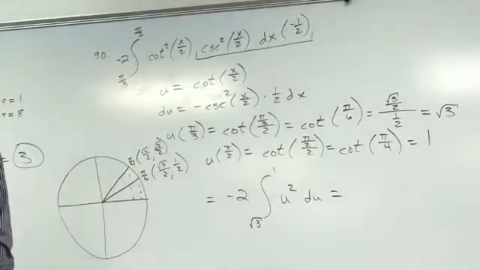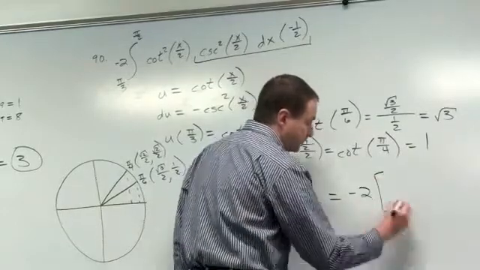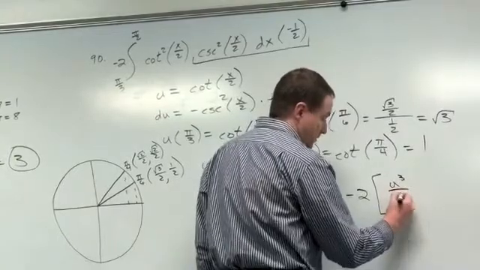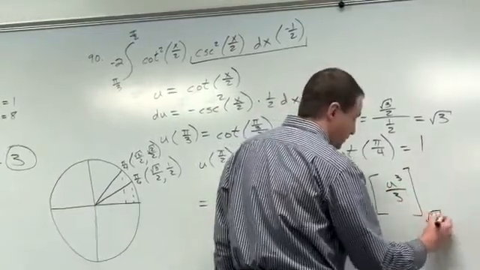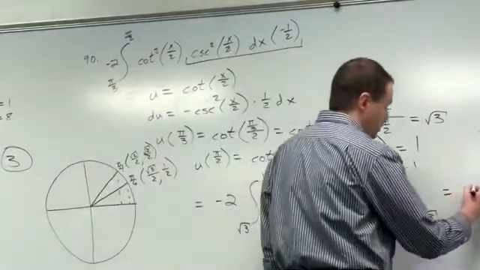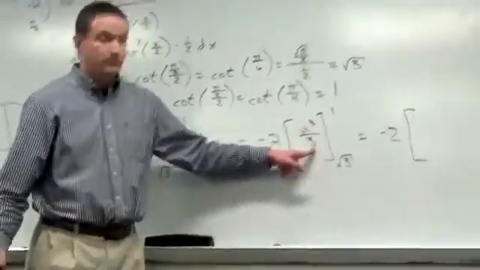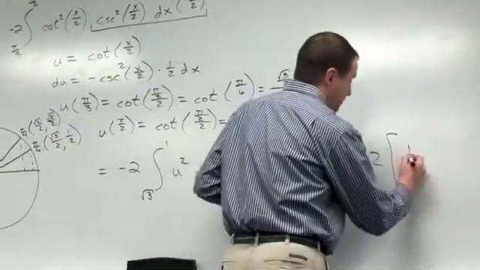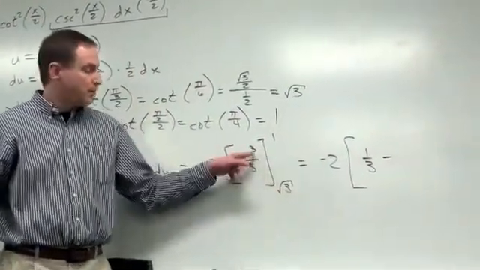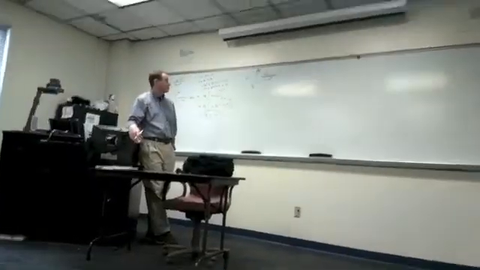So now the integration is pretty easy. And we say this is going to be -2 times the root, u cubed over 3, evaluated from the root of 3 to 1. So I'll say, well, okay, it's going to be -2 times. When I evaluate this at 1, I get a 1/3. When I evaluate it at the root of 3, the root of 3 cubed, I know the root of 3 times the root of 3 is